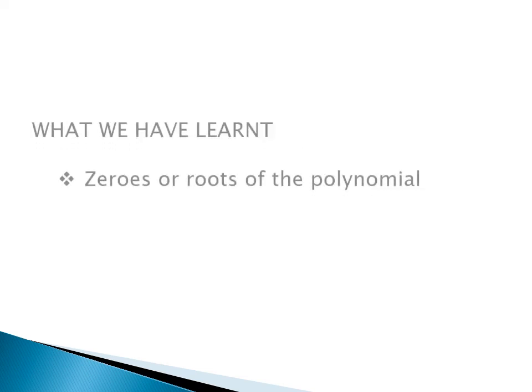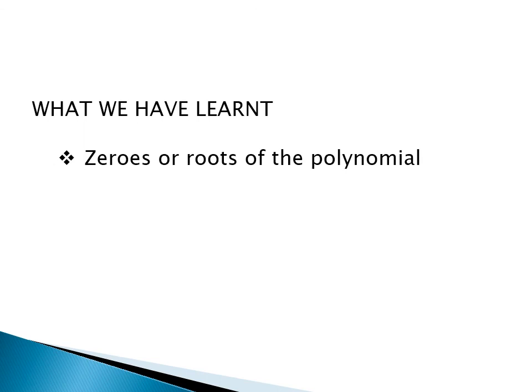To wind up this chapter, let me summarize the topic we have covered today, that is zeros or roots of the polynomial. When the value of the polynomial becomes 0 for a particular value, it is called a zero or root of the polynomial. That is what we have covered today. Based on that I had given the sums, and now you can complete exercise 2.1 and 2.2. Practice the questions, go through the slides once again, and try to complete your exercise in your homework copy.